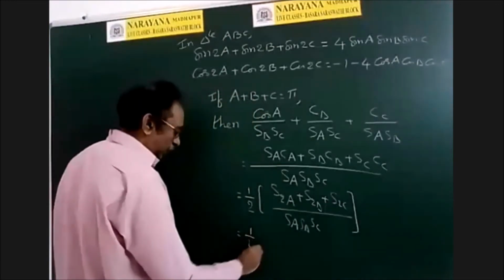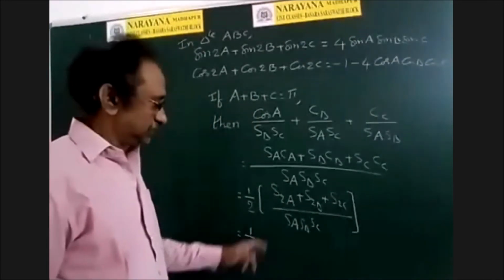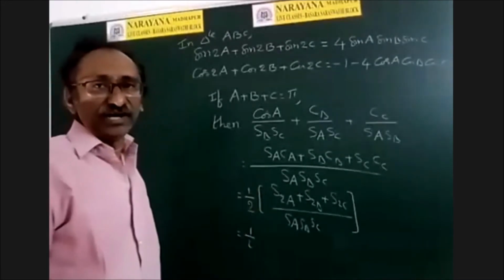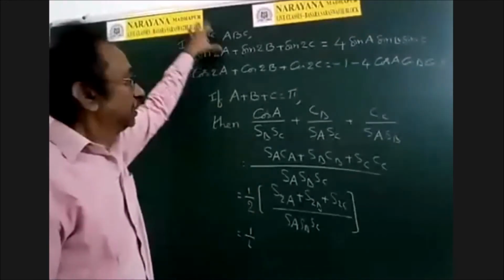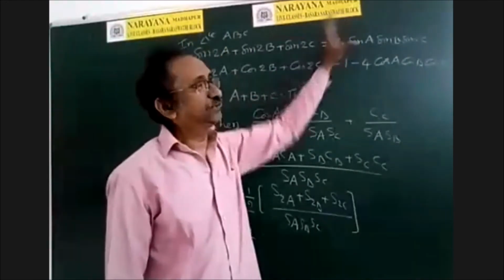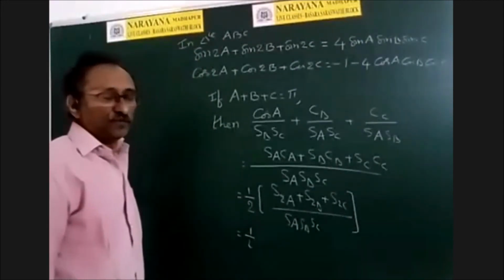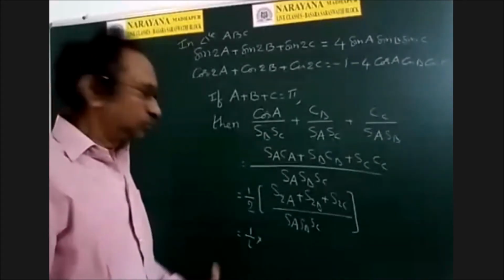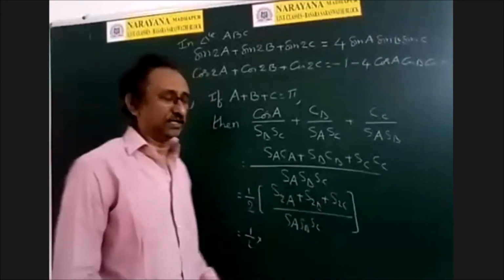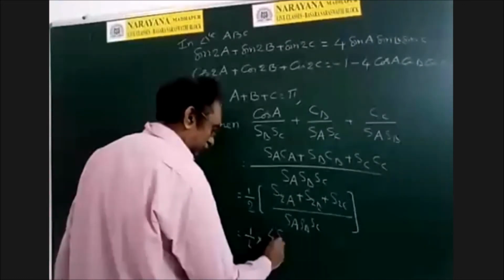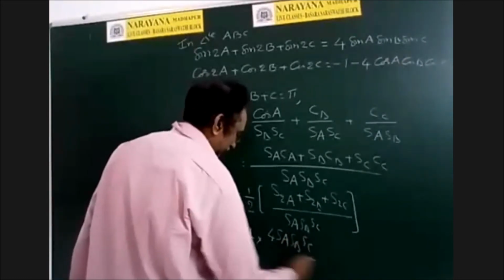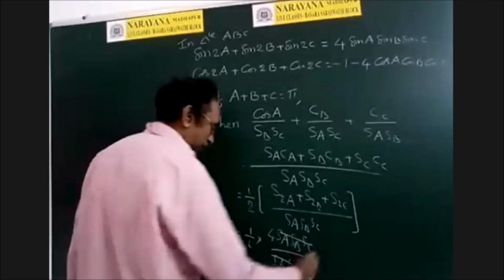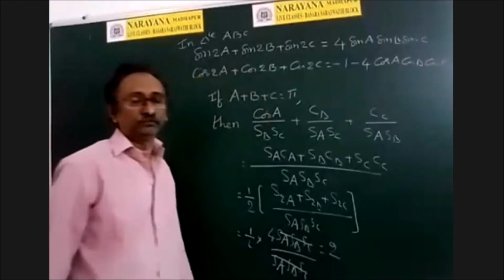So that is equal to, and now the formula of transformation. These are called conditional identities. Definitely this week, you will get problems on conditional identities. What is that identity? A plus B plus C is 180, then sine 2A plus sine 2B plus sine 2C is 4 sine A, sine B, sine C. Or if you don't remember that, you have to apply transformations to get that result. But it's an important result. You should remember. 4 sine A sine B sine C by sine A sine B sine C. So these are cancelled. 4 by 2 is 2.